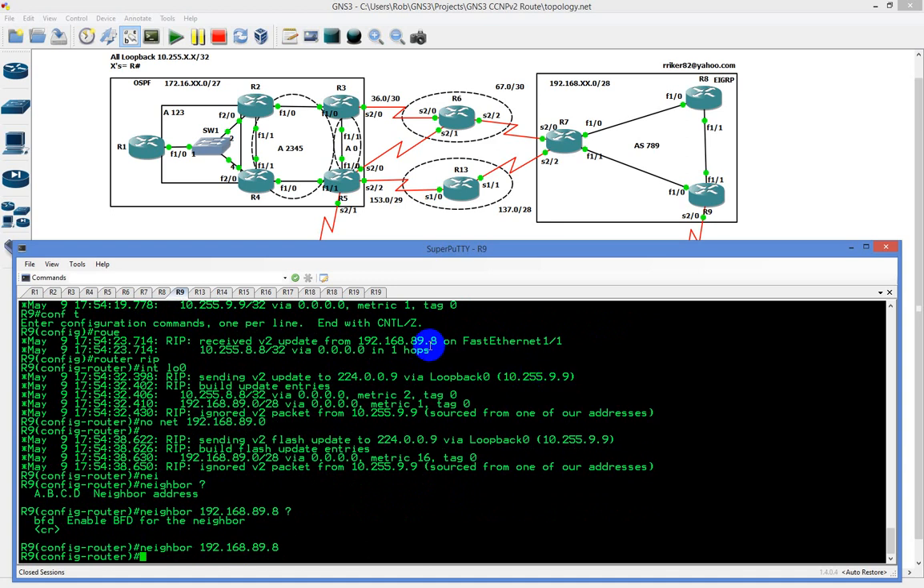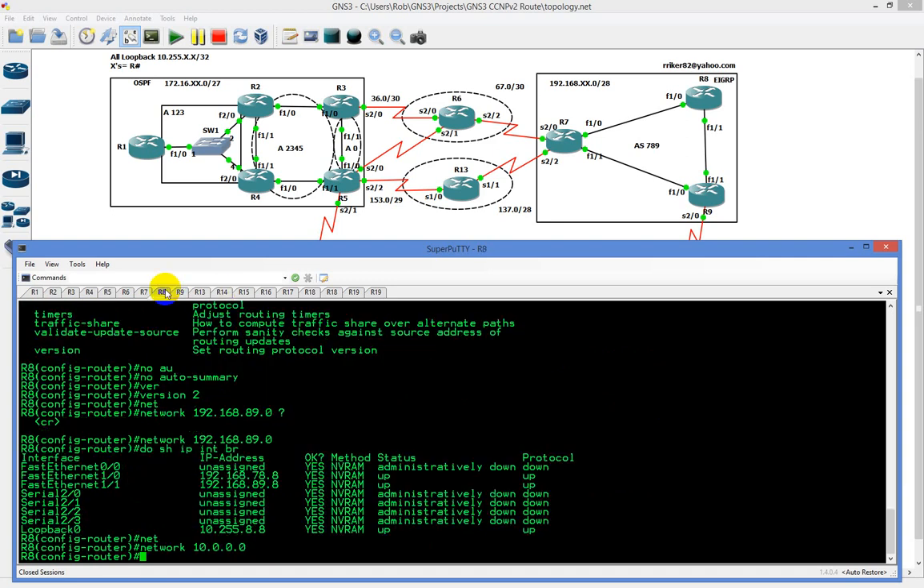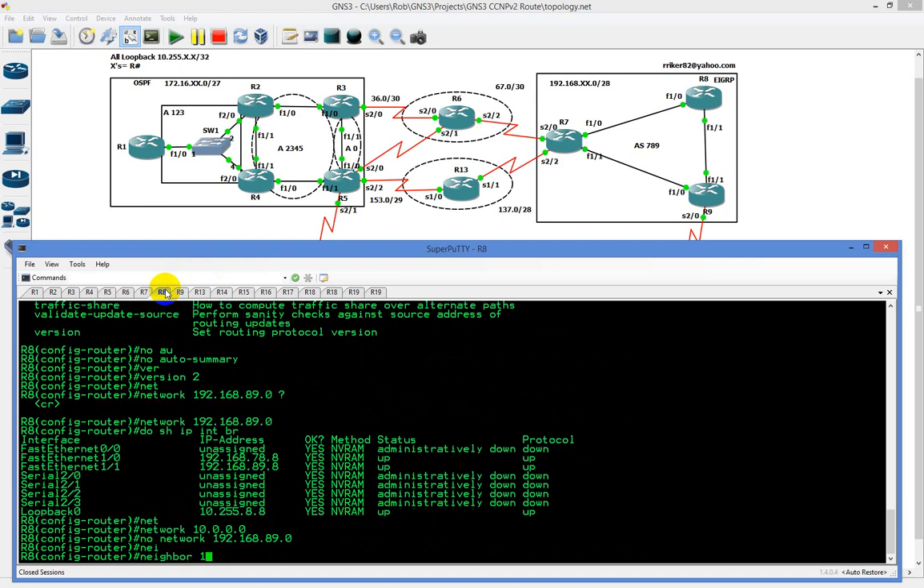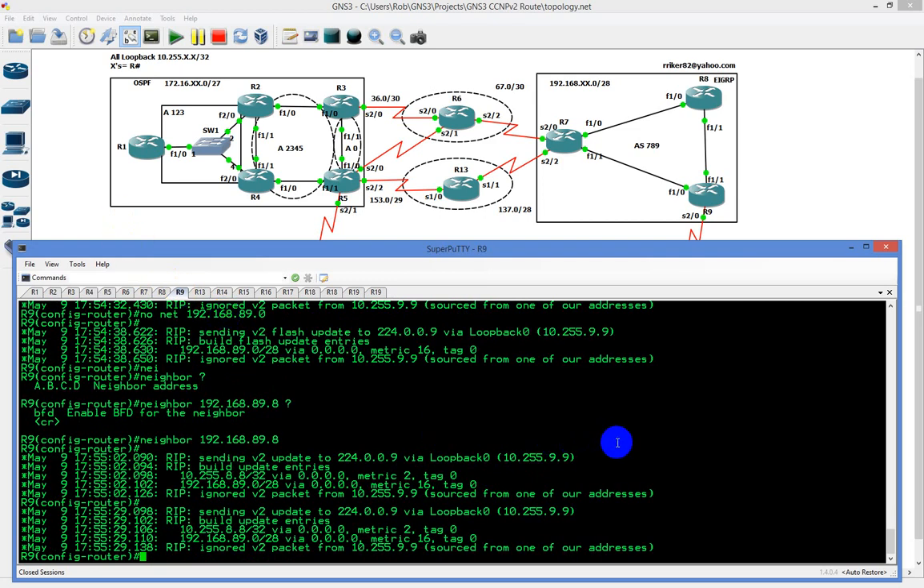So we're going unicast now, and we're sending a... let's see here. I don't believe it's going to actually work because the other side has to be receiving unicast as well. So we're going to go to router 8 and hit the up arrow a couple of times, and type in neighbor 192.168.89.9. Hit enter. And if we go over to router 9, you'll see that